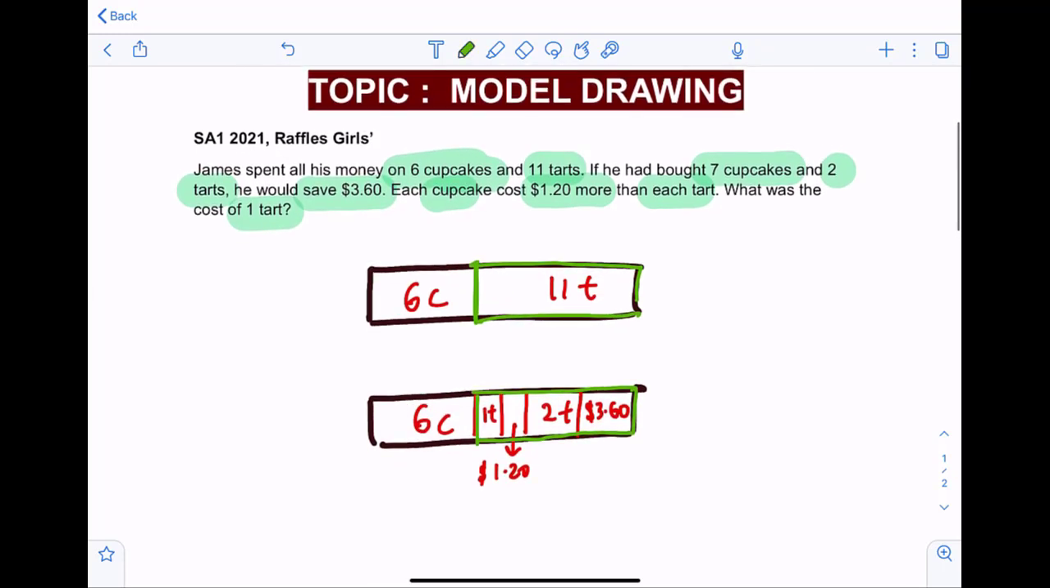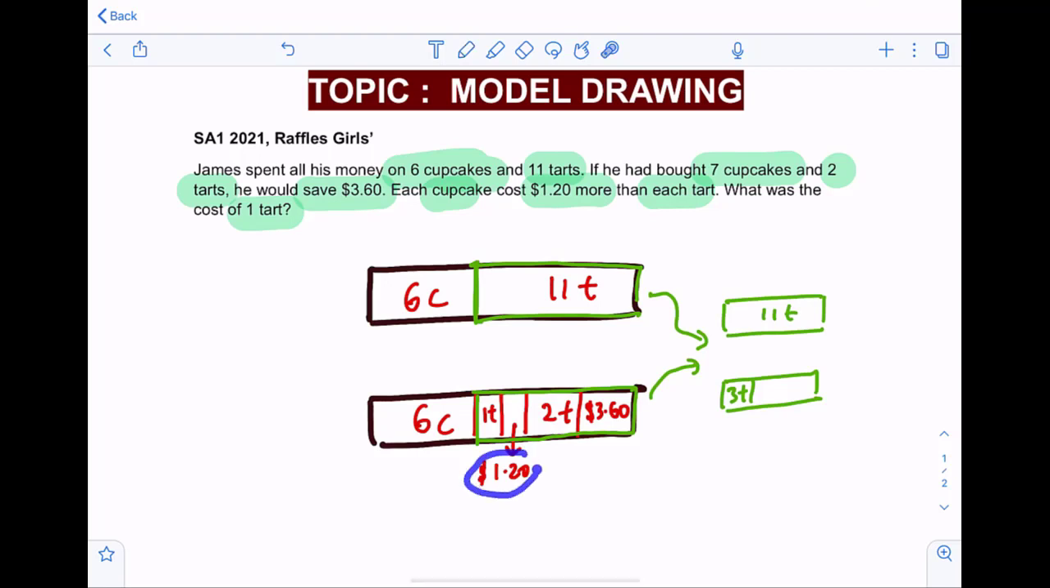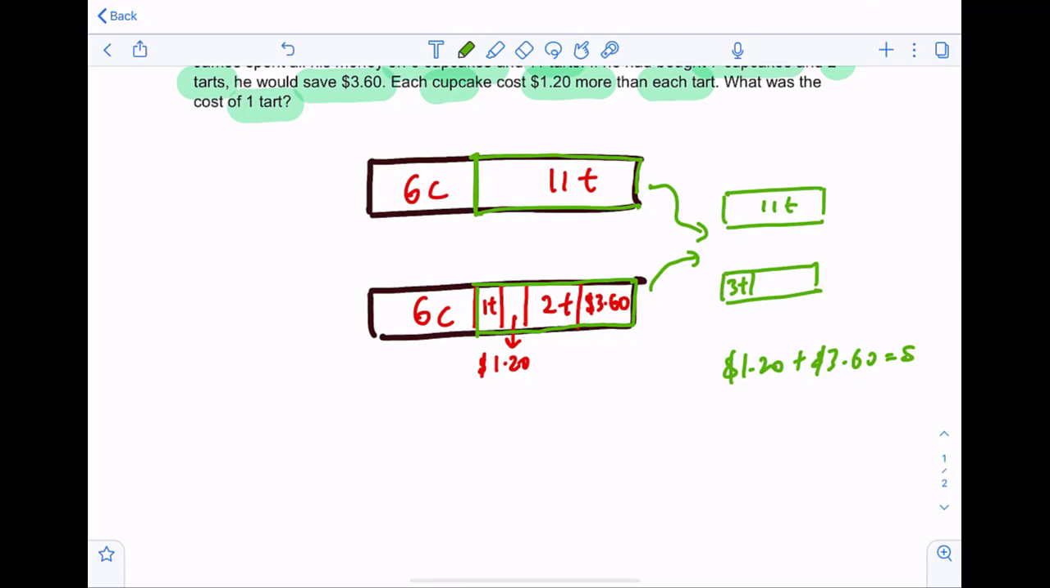Alright, so if you were to draw this model again, just the green section, 11 tarts will be the same as, combine the tarts that's at the bottom, 1 plus 2, that's 3 tarts. Okay, and $1.20 plus $3.60, that will be $4.80. Okay, so this section here will be $4.80, which tells us that 11 minus 3, that is 8 tarts, will